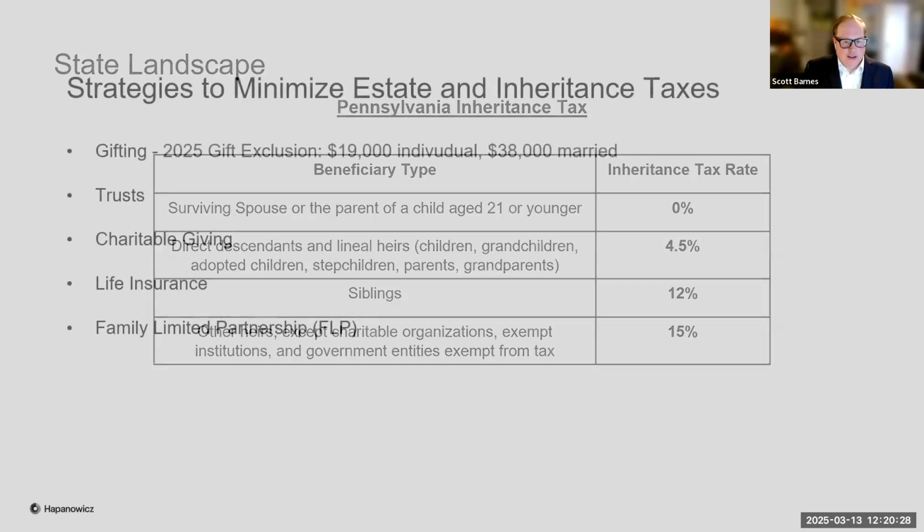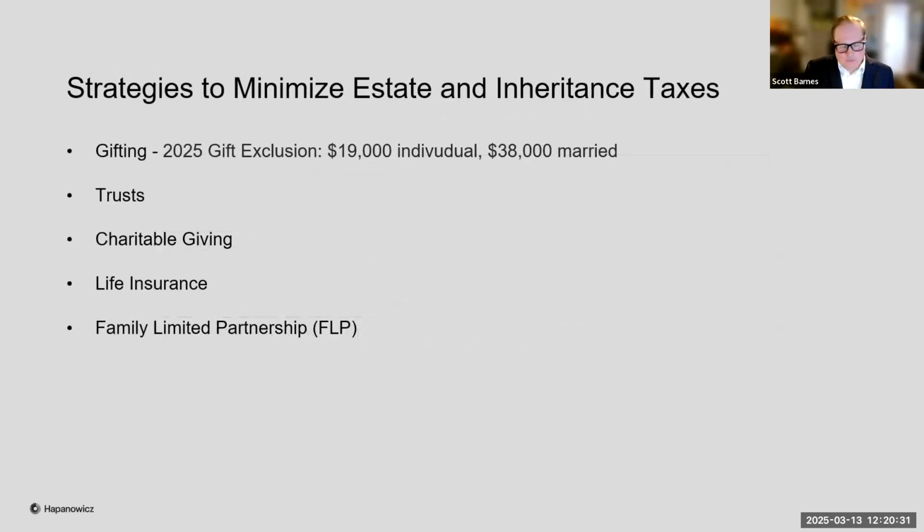So let's take a look at the things that you can do. These are some of the ways that you can minimize these taxes. And when it comes to minimizing possible estate or inheritance taxes, gifting actually is one of the best ways to help reduce the taxable estate. For 2025, you can gift up to $19,000 per year to as many people as you like. If you're married, each spouse can gift $19,000 each to any individual for a total gift to each individual of $38,000 per year. The one thing I want to point out, and this is a very common misperception around